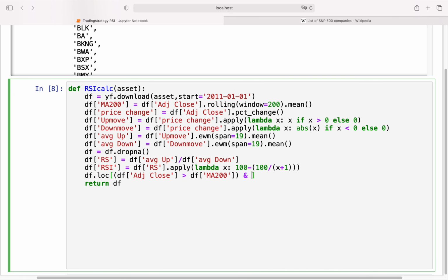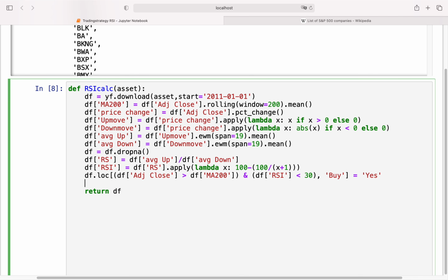And also, the second one is that the RSI is below 30, as explained in the beginning, right? So we're just taking the RSI and checking if that's smaller than 30. Now we are defining the column name, which I'm just calling buy. And if those conditions are fulfilled, I want to have a yes value in this column. And what I'm also doing now is defining a no value. So we have to define the conditions if this is not fulfilled. So let's quickly do that. So again, we're using df.loc. I'm just copy pasting here. So we're taking this one here. So if this is not fulfilled, I'm just changing the direction here. If this is not fulfilled, or